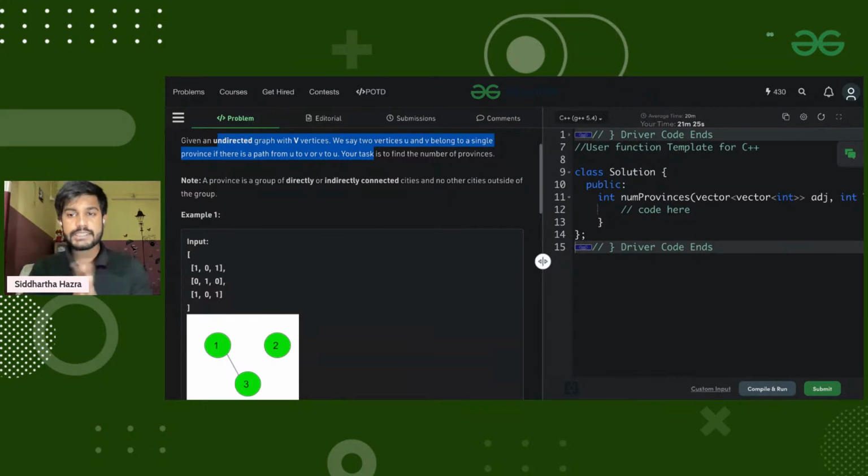Anyone who is not able to understand what an undirected graph is? I think I have explained it with this example also.